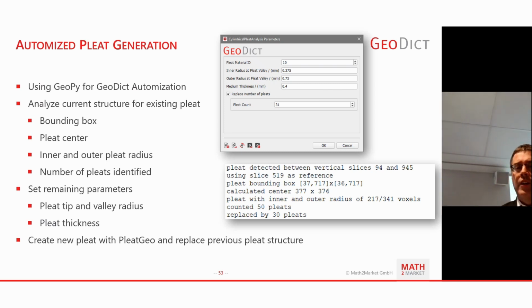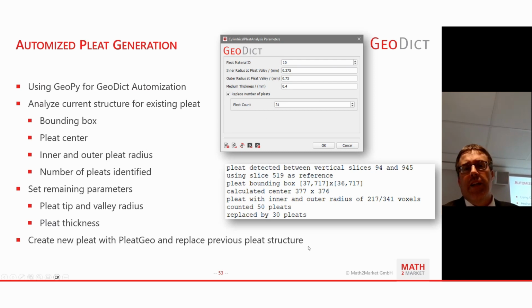What we have done, what you can see on the right-hand side here, is a small UI in the GeoDict design framework, but actually generated by a GeoPy script, which I have written here. The analyze functionality needs to know what the pleat material is, needs to know which material ID of our structure is actually the pleat.